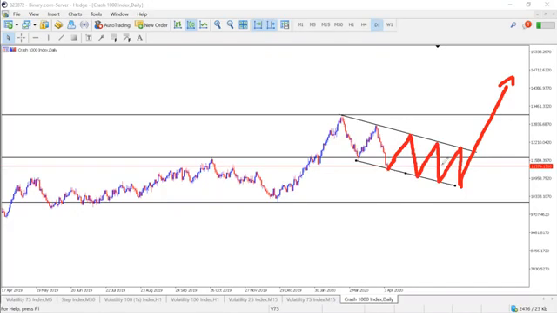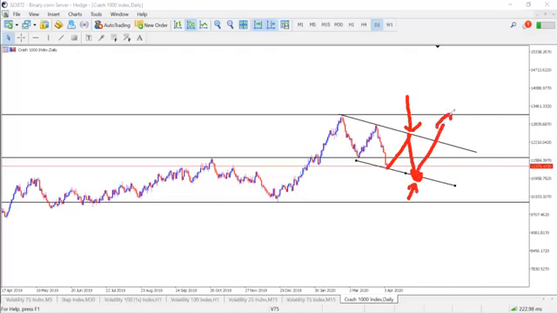So that's what I'll be looking at in order for me to get involved in this. If price can be able to push to the upside, I'll be looking to sell at this level here and then get involved here. And then once price gets to this level, I'll be looking for buying opportunities to the upside, because the main reason is to look for buying opportunities, but I won't miss the sell opportunity if it comes to this level here, right? So yeah, that's what I'll be looking at for